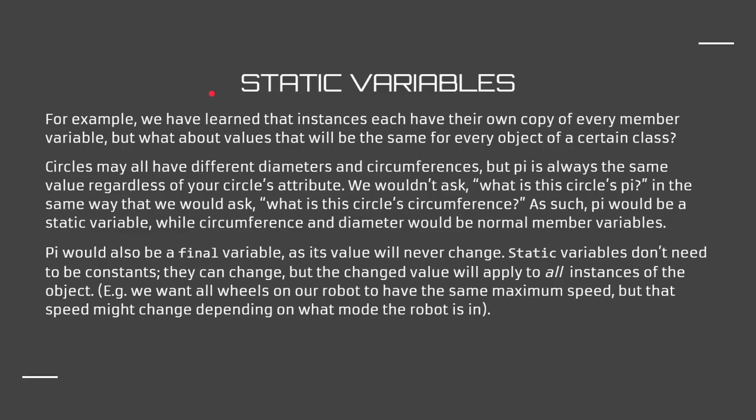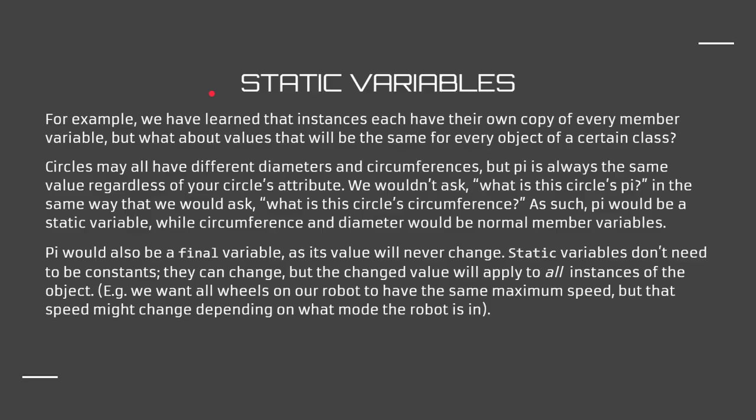So the reason we would have pi at all is because it's very useful when it comes to circles, but again, it's not something that applies to each circle individually, it's just a whole truth for circles in general. Pi would also be a final variable, it'd be a constant, because its value is never going to change. Static variables don't need to be constants, they can change, but the changed value will apply to all instances of